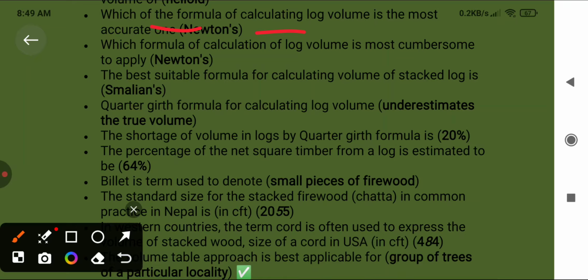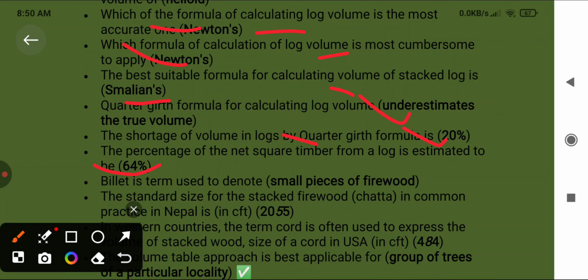Which formula is most cumbersome to apply? Newton's. The best suitable formula for calculating volume of stacked logs is Smalian. The quarter girth formula for calculating log volume underestimates the tree volume. The shortage of volume in a log by the quarter girth formula is 20%. The percentage of net square timber from a log is estimated at